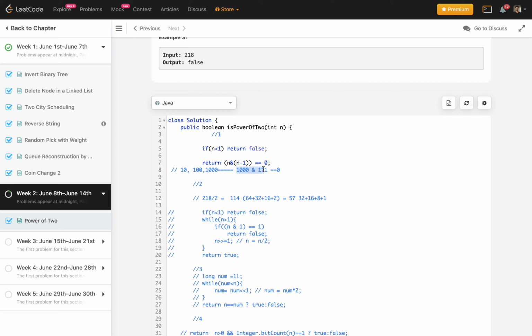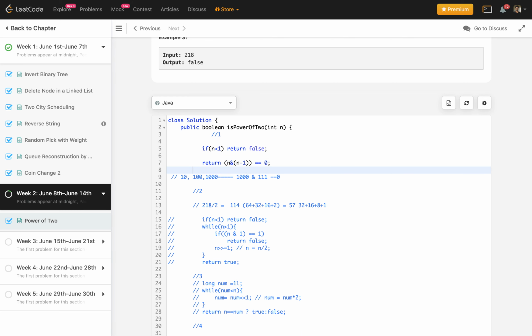So this is the concept. I'm taking this number and doing AND with the number minus 1. If it is 0, then only it is a power of 2, otherwise it is not a power of 2.